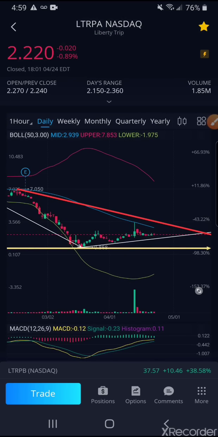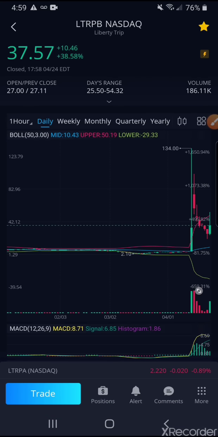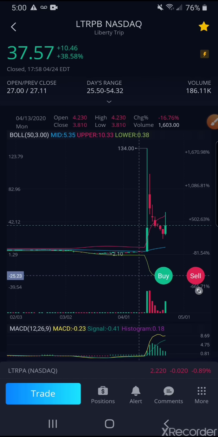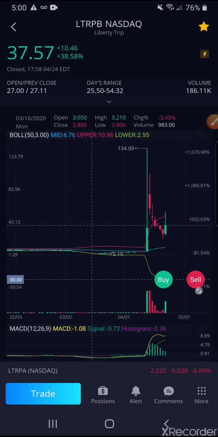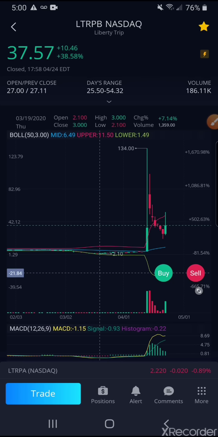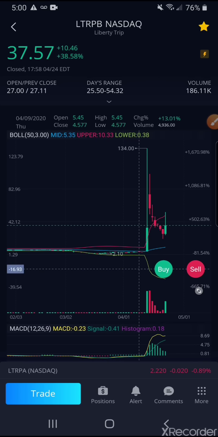But anyway, so basically LTRPB ran just exponentially, right? It's actually still up. But look at this. It went from $4 to $134. Like, what? So the volume was 1,000, a couple thousand, a few hundred. No, like, who was buying all this? And you had a big buy of 15, 8, 2, 1, 6,000. Like, no shares were traded. Like 444, and then all of a sudden